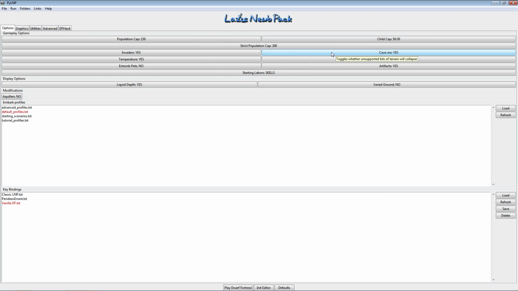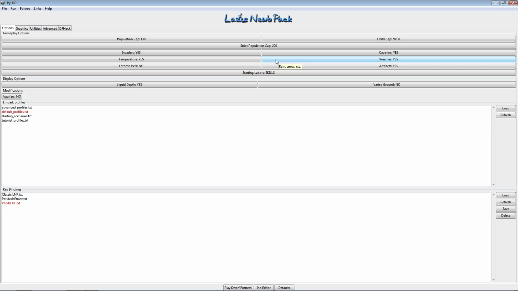We'll leave invaders on, we'll leave cave-ins on. I'll discuss how those work as we play. Temperature determines whether magma will burn things, so you want to be careful when you turn that off. It determines whether water will freeze if it's left out in the open on glaciers, so that's a significant effect. Weather determines whether there's rain and snow and so forth. You can turn those things off for a frame rate boost if you're really suffering in terms of how fast the game is running. Dwarf Fortress, despite its graphical simplicity, is a very, very complicated